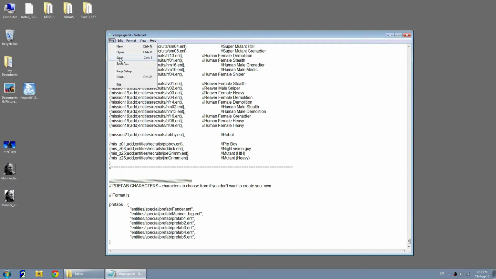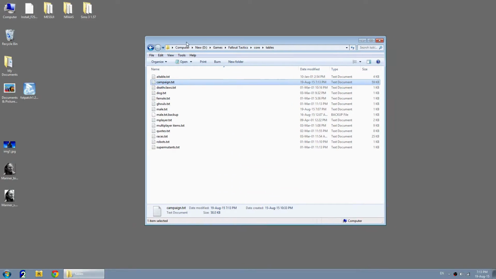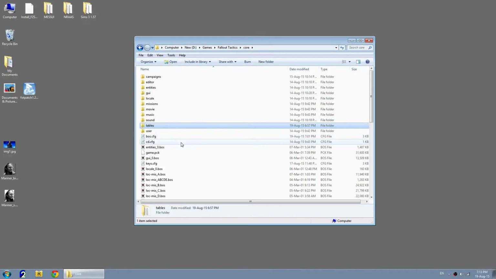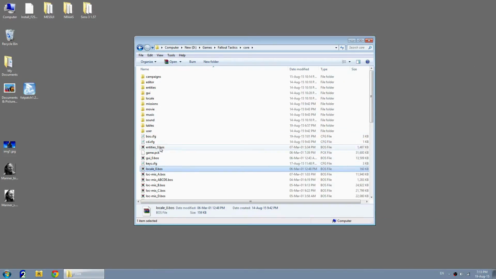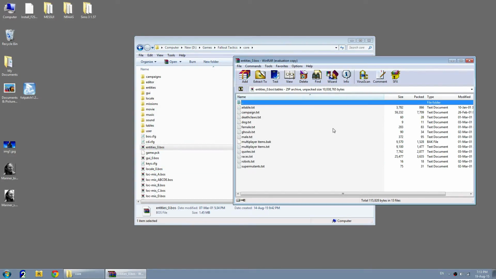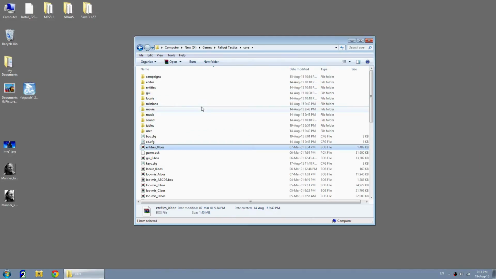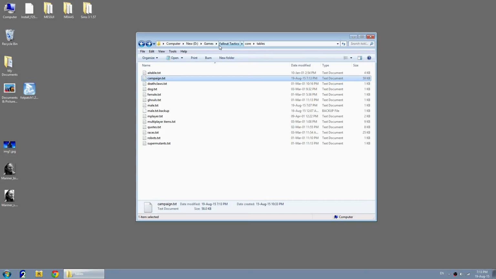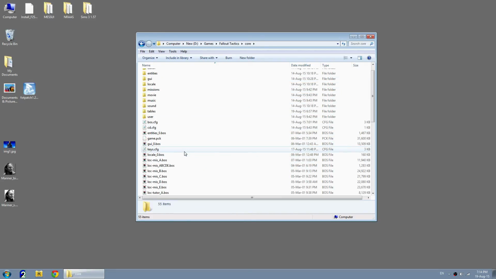Go to the file, click save, close it, and if you don't have this file in your game tables, go to local. Oh no, sorry, go to entities, tables, and export it from here. You understand? If you don't have it, you always go to entities.bos and extract it to this folder here, tables. Okay, so the last things to do here, we're almost finished. So the last thing to do here is go again to, oh no, another thing I forgot to mention here. Go to your core again, core folder, and go to